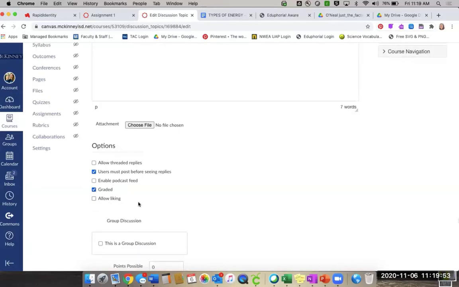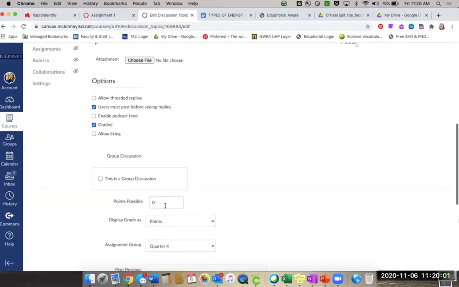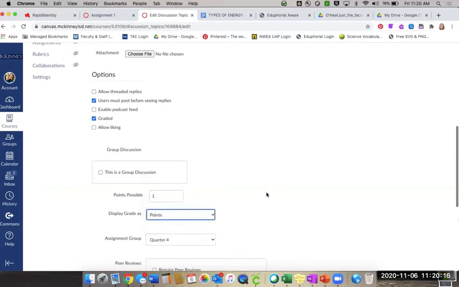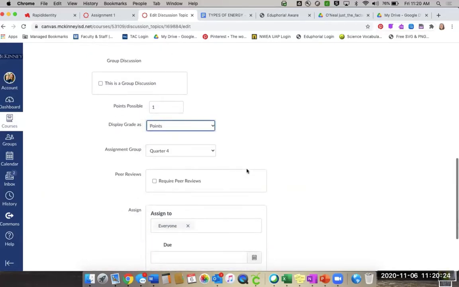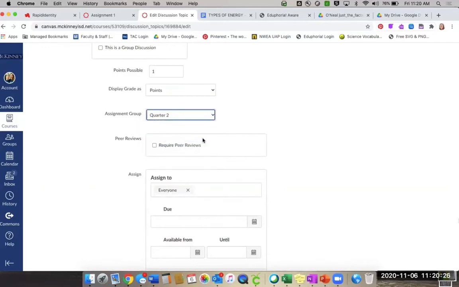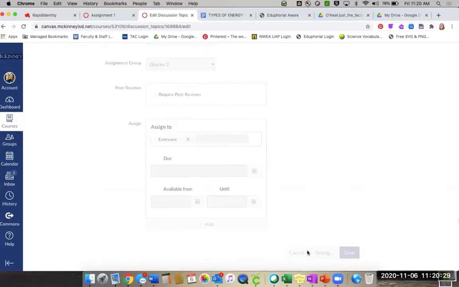I don't necessarily like them liking stuff and posting on other people's stuff because I don't want it to get, they get wild. I can make stuff a group discussion where they can talk and post on each other's things. But right now, the minute that a chat is opened up, they go crazy. So I would make that 1 point. You can display it however you want. If you want it to be points, if you want it to be a letter grade, just a complete or incomplete, it's really up to you. Okay, and then I would say quarter 2. And when I save and publish that,